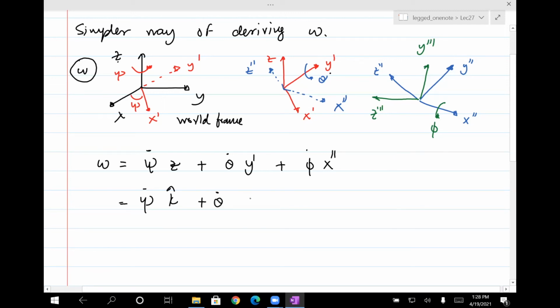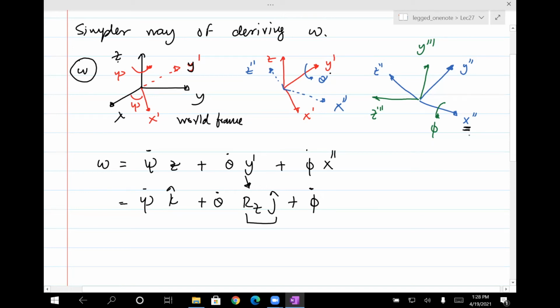Now we have theta dot, and Y is the new Y, but that Y prime, which is right here, was obtained from the fixed frame by rotating about the Z axis. So in order to find what Y prime is, that's simply the rotation about the Z axis times the vector in frame Y, which is this vector Y, which means that it is simply J. So this is basically the new Y prime, which I get if I rotate the original by angle of psi. And then we have phi dot,